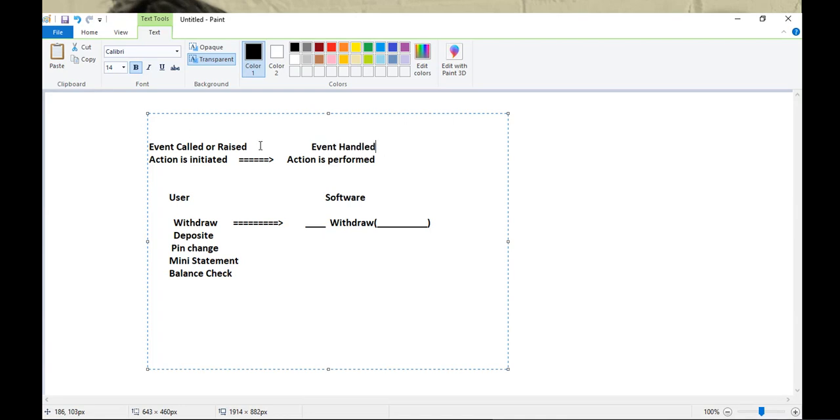Okay, and who is doing this? Who is doing the sync between these two? Who is going to do binding between these two? Delegate. So the moment the event is raised, it needs to be handled.